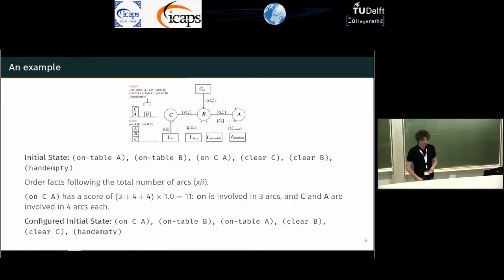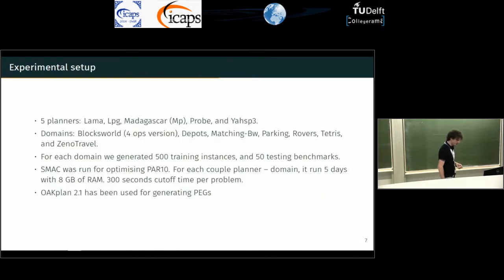And now that we have the architecture, of course, we try to check in an empirical way if that works or not. So we selected a bunch of planners according to their performance in IPC and according to the different techniques that they exploit, and a number of domains for which we generated 500 training instances and 50 testing benchmarks. We used SMAC for the configuration process. Basically, SMAC was receiving the planner, a wrapper for configuring a problem, and was trying to optimize this configuration,